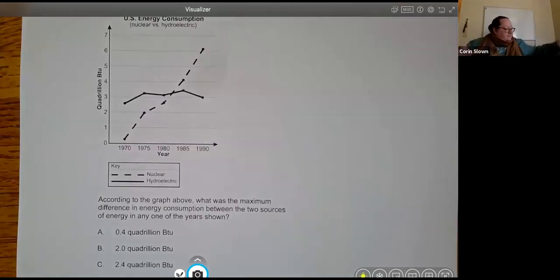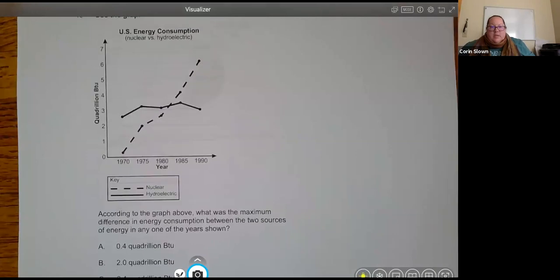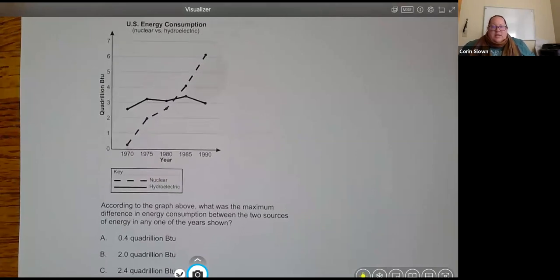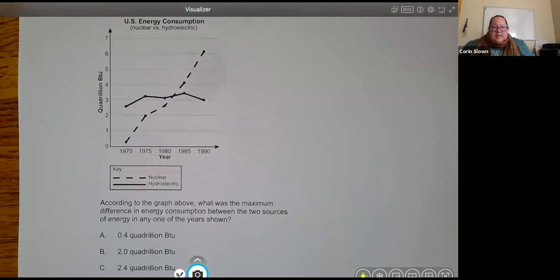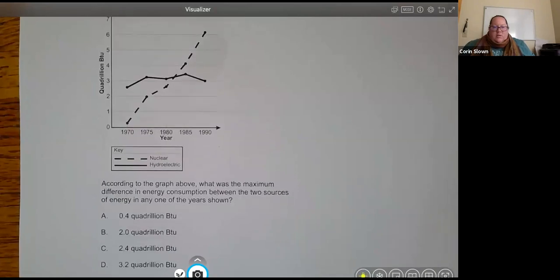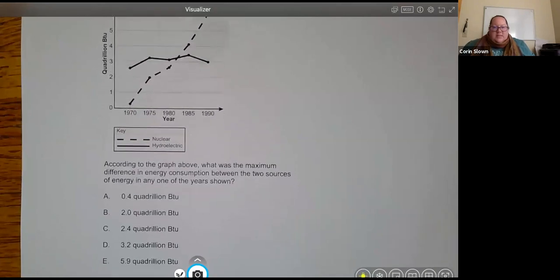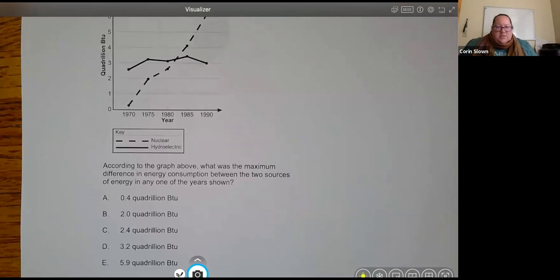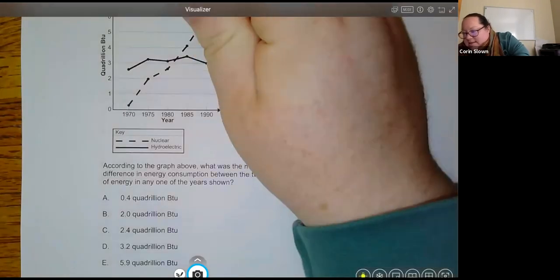Okay. Let's take a look at number 48. So we're looking at US energy consumption, and it says, according to the graph below, what was the maximum difference in energy consumption between the two sources of energy in any one of the years shown? So here I'm looking for the maximum difference. So the maximum difference is the greatest spread. So it looks like it's the difference here